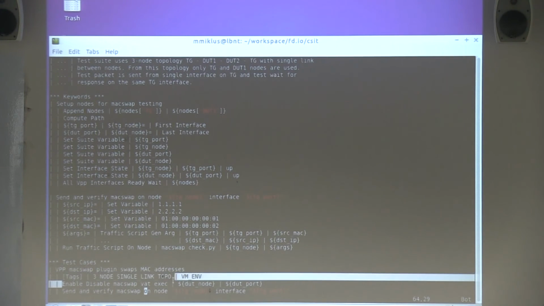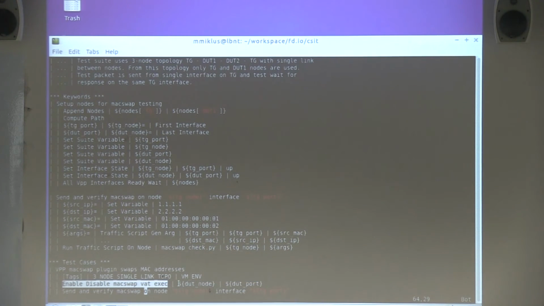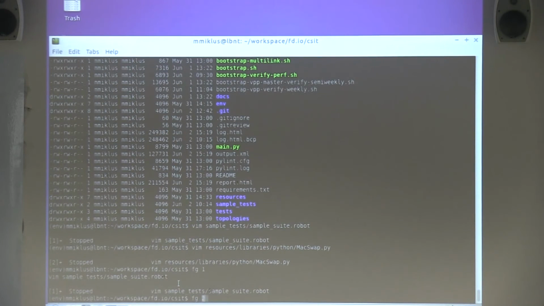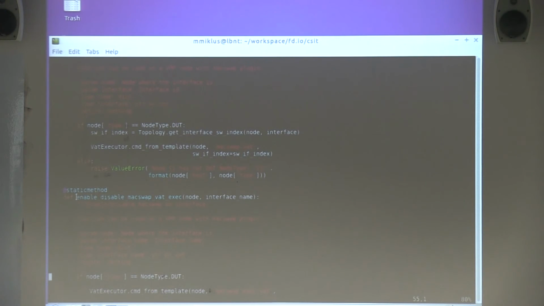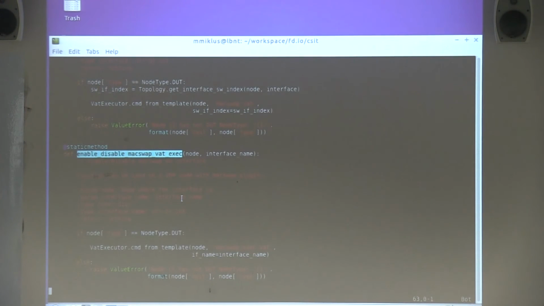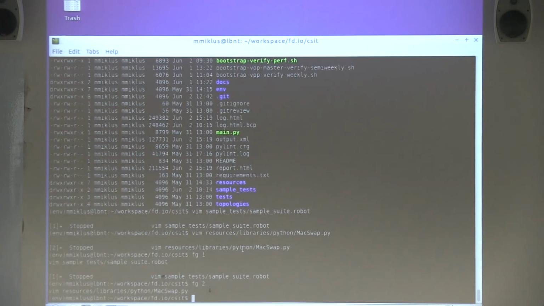Keyword is what you see in the library section as this Python function. So we execute a maxswap exec what, BP API test file with replaced interface name. So this is the configuration,